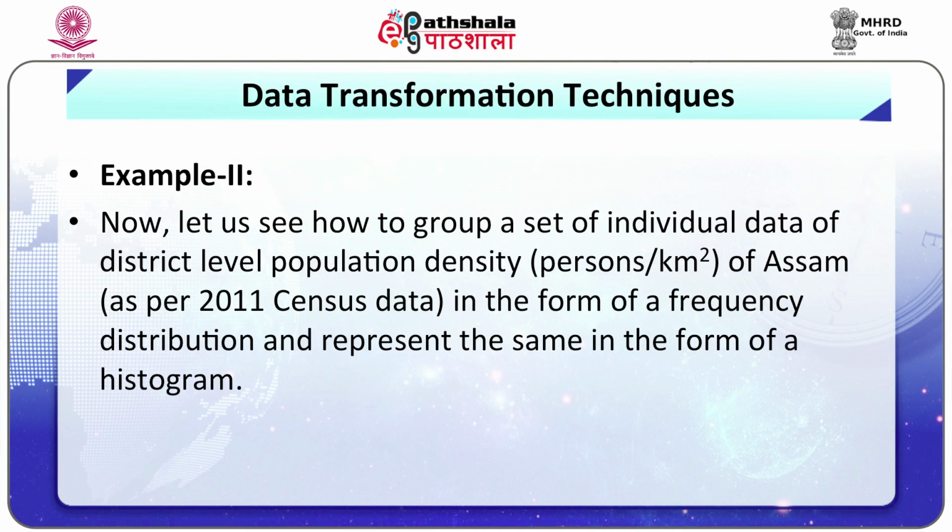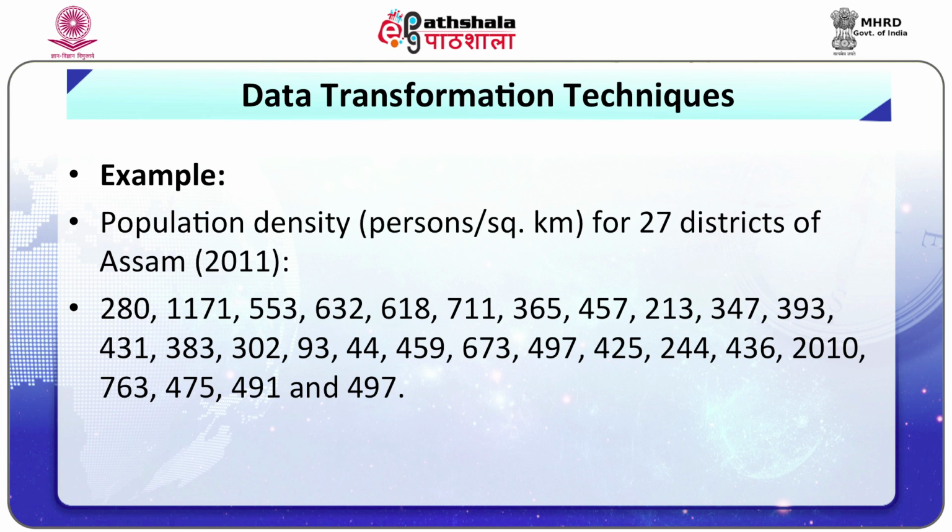Now example 2. Now let us see how to group a set of individual data of district level population density, that is persons per square kilometer of Assam as per 2011 census data, in the form of a frequency distribution and represent the same in the form of a histogram. Population density, that is persons per square kilometer, for 27 districts of Assam in 2011 are